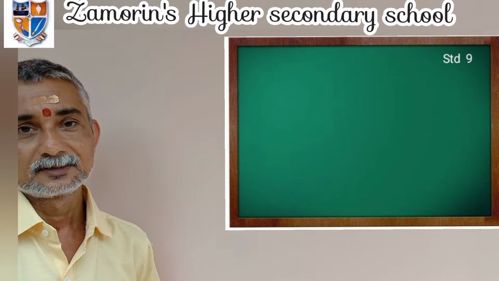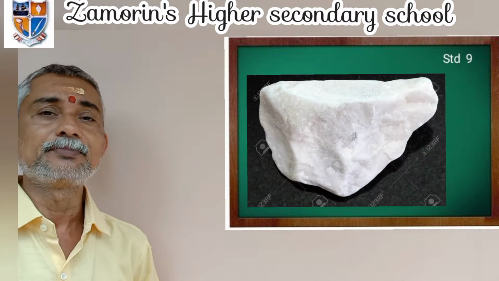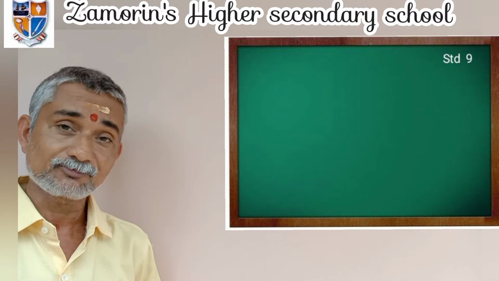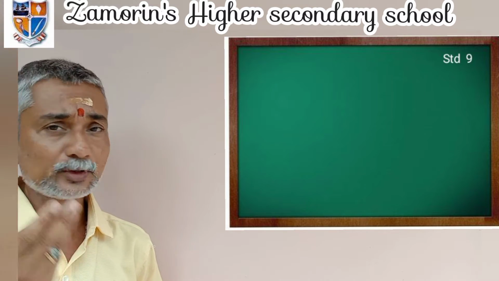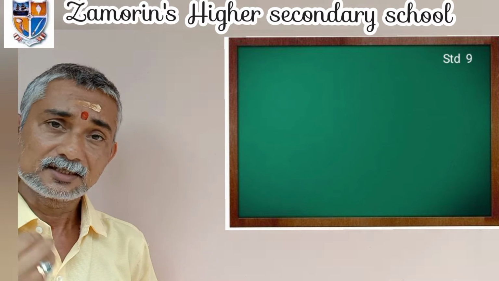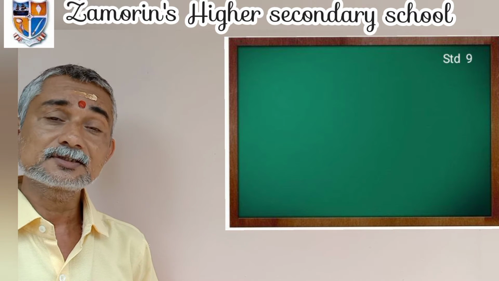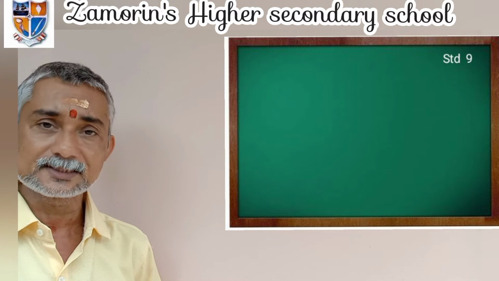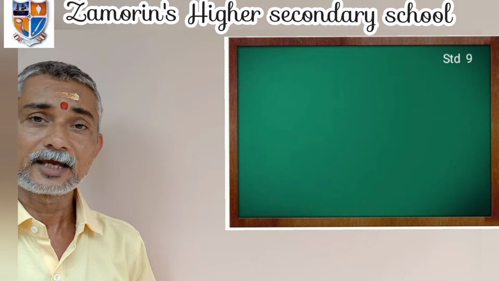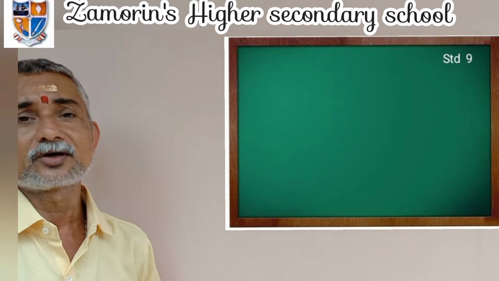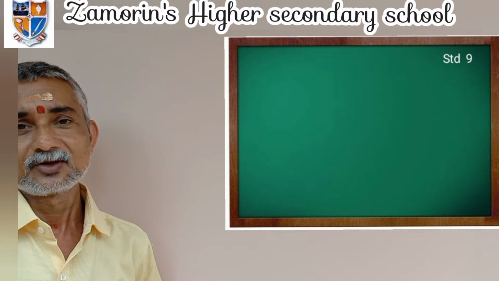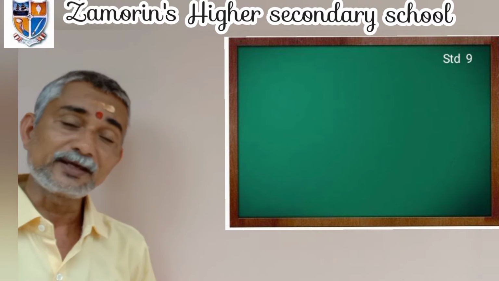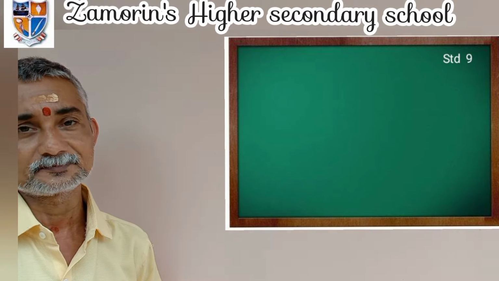increases. Let us take a marble piece and powdered marble piece in dilute hydrochloric acid, which will react fast? Usually we know powdered marble reacts fast because each particle has the face which will react with hydrochloric acid, but in the case of a marble piece, it will not react that fast. Okay, so by powdering the reactant, the speed of reaction increases.